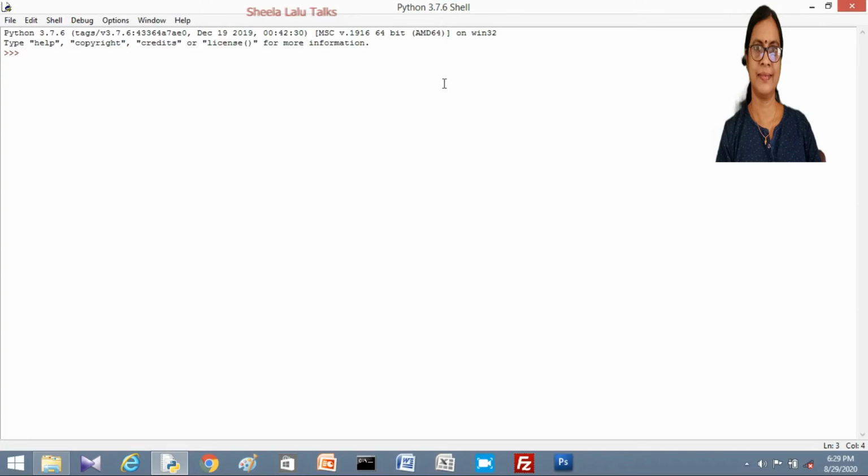Today I am going to take Python programming software, the second chapter of IP 11th, getting started with Python. You know that a computer programming language is used for interacting between a human being and a machine. Python is an open source, object oriented, high level programming language. It was developed by Guido van Rossum in 1991. It is a general purpose programming language that can be used effectively to build any kind of program.